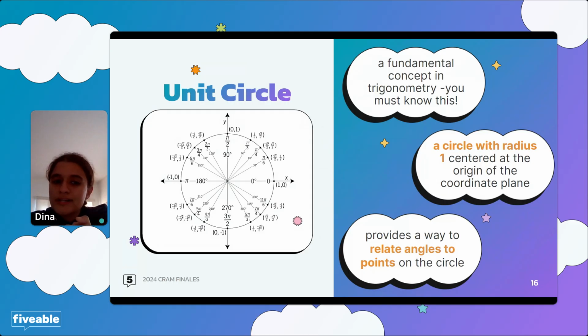It's just really important to understand this unit circle. I can't stress that enough. And 4 really important points on this circle are also at the axes. So we can see that the rightmost point on that circle is (1, 0). And then on the y-axis, the highest point is (0, 1). So it's worth memorizing those and being able to visualize this unit circle on the test.